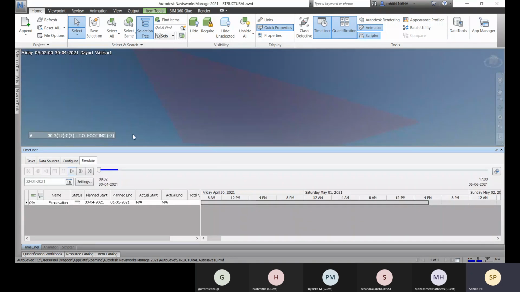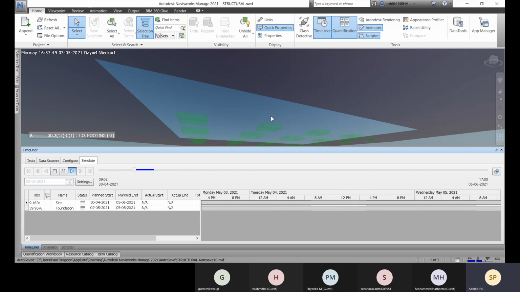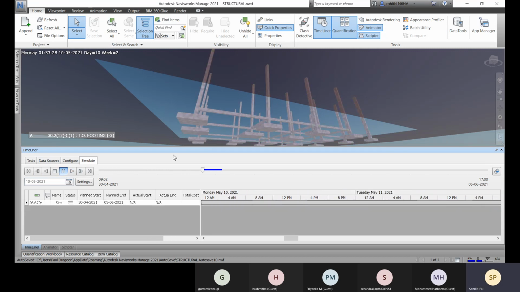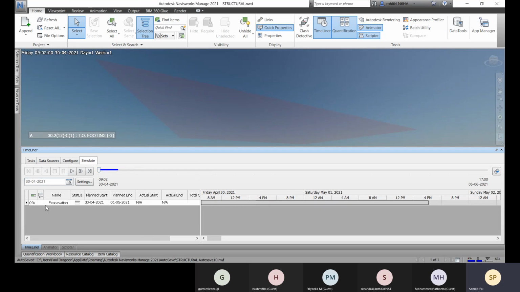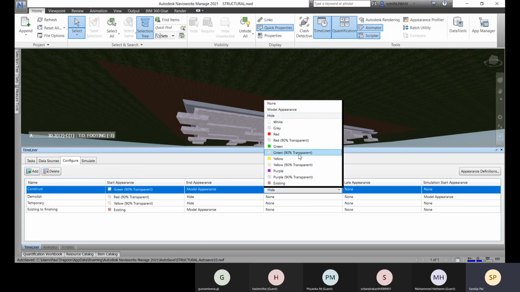And if you come to simulate, now you don't have it. So from the beginning, you have this and it is started. So let me just go for it. And here at the configure, I'll not go for hide now.